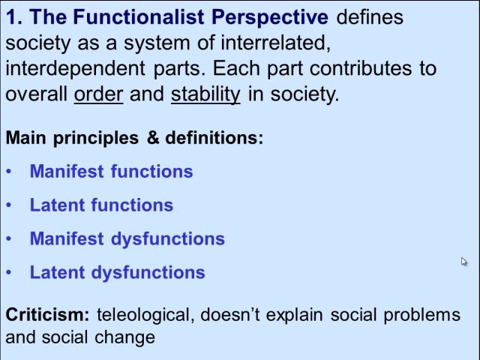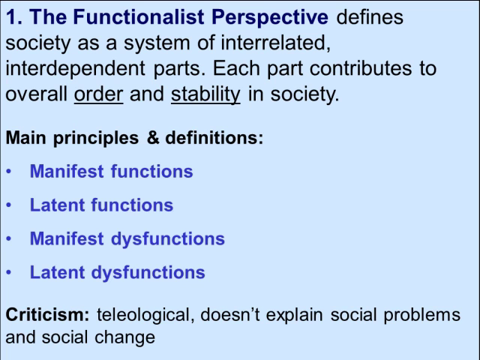American sociologist Robert Merton was able to successfully answer some of this criticism by introducing the concept of dysfunction. So most of the time, everything is functional in society. Every part contributes to the overall order and stability. But sometimes dysfunctions happen. There are two types of functions and dysfunctions: manifest, the ones we expect, and latent, those